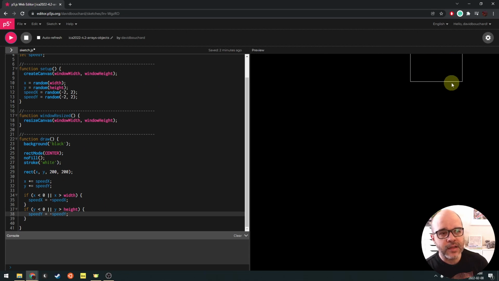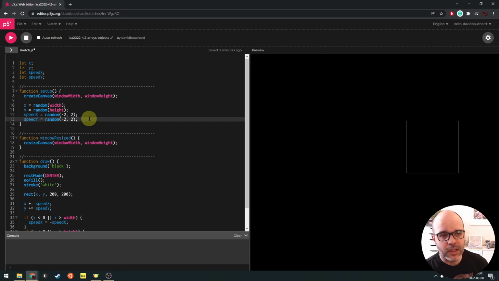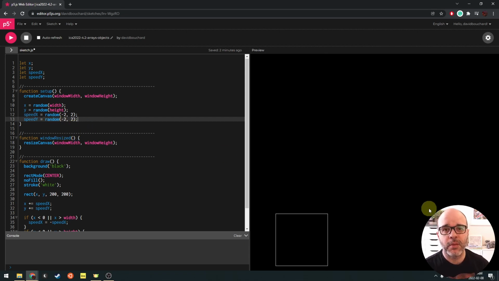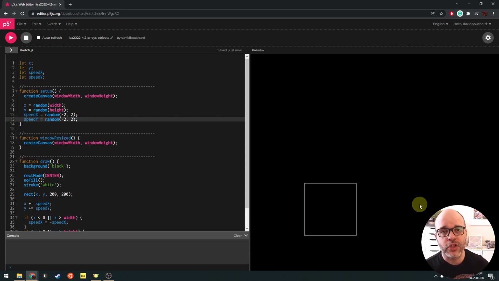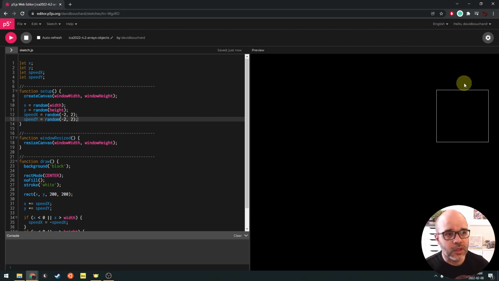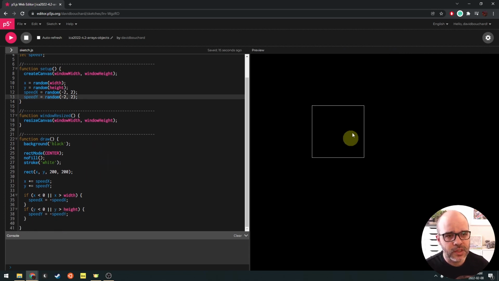So sometimes it goes faster, sometimes it goes slower, and again that's because the speeds are random at the beginning. And the reason we're doing it like this is that because we're talking about arrays this week, we're now going to talk about adding more of these moving shapes, and different strategies we can use to do this. And one final tweak serves no purpose, but just for aesthetic reasons, I'm going to round the corners